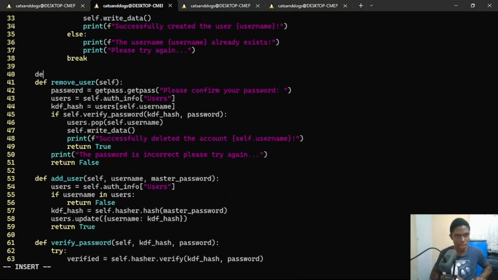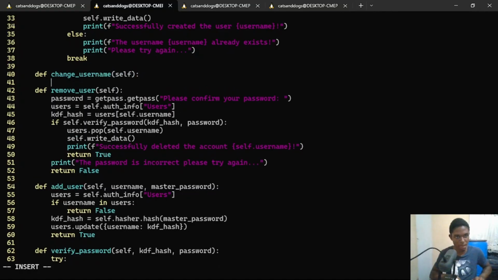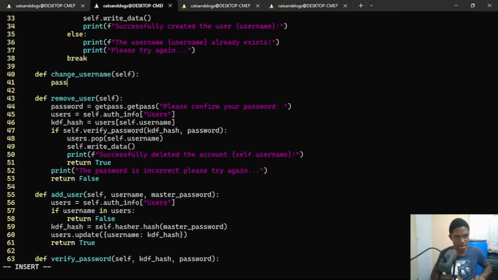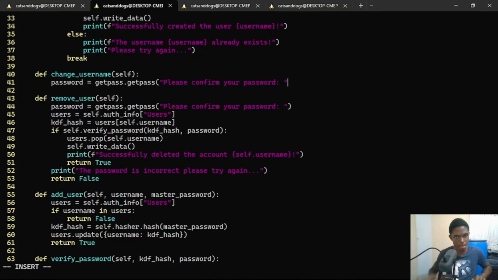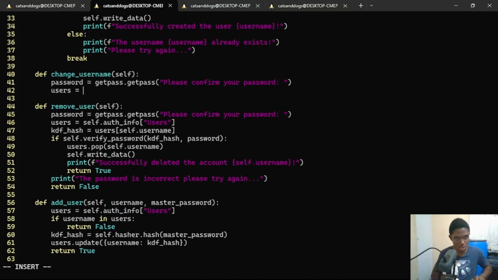So define change_username, and we'll simply get the password. So we'll say getpass, please confirm your password, right? And then we'll say users equals self.auth_info users,